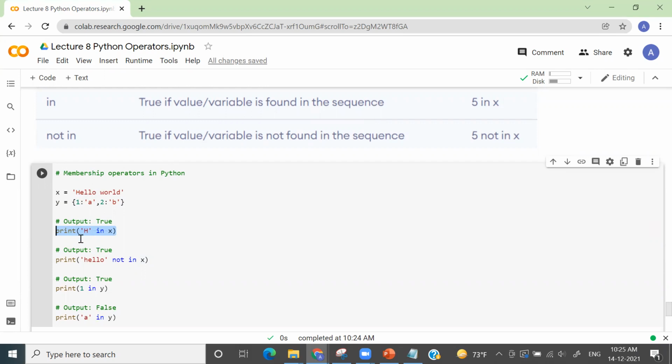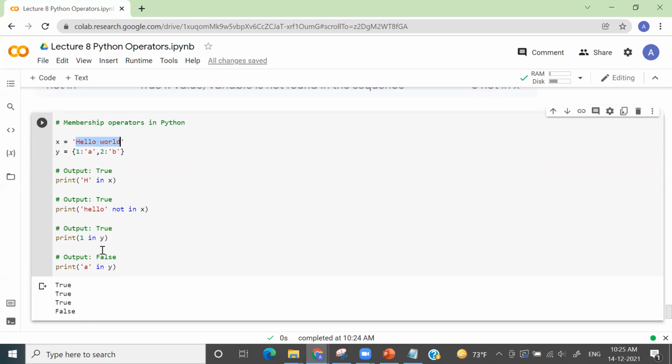Similarly, if I want to check if hello is present in this list, or I should say string. So hello is present, right? But here it is giving me true. Actually, it should have given me false, because here it is not. Why is it so? Because here H is a capital letter, here H is a small letter. That's why it did not match.